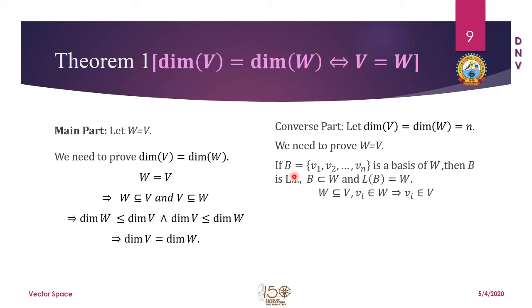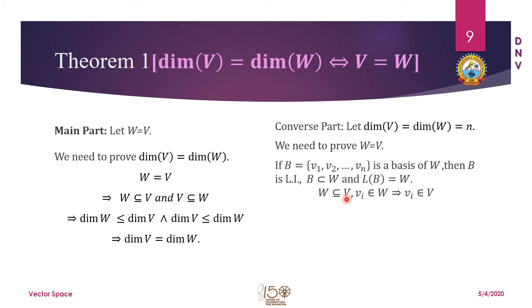So let me have these vectors lying in the basis B of W. Then B is linearly independent. That we can very well say, because all the vectors lying in a basis are always linearly independent, otherwise it is not a basis. So all these vectors are linearly independent, and B, that is the basis, is always a subset of that original set W, and W is also called the linear span of B. So linear span of B is what? W, the set itself.